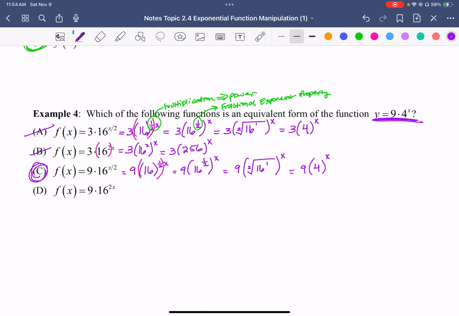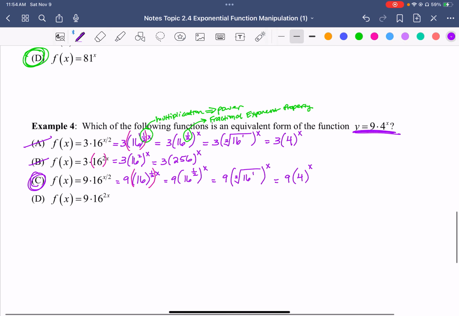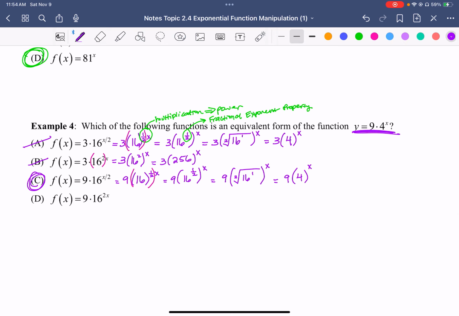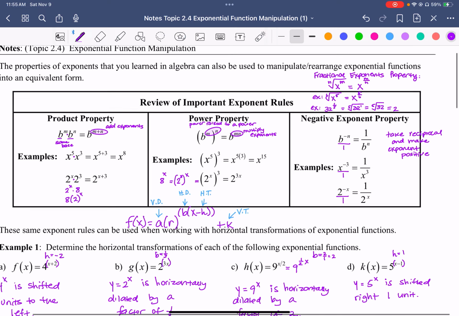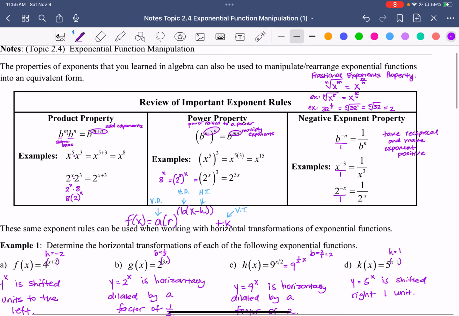Okay, now at first glance this lesson may seem easy, and it is if you have your notes in front of you and you're able to refer back to the properties. The challenge here is actually memorizing the properties, so take your time, make some flashcards, quiz yourself so you're able to use the properties without having to refer back to your notes. These properties will be coming up over and over again in Unit 2. So it is important that you take the time to learn them sooner than later so you can use them later on